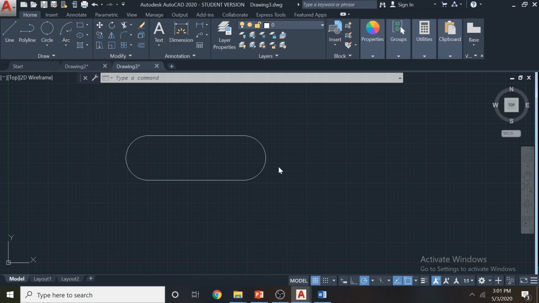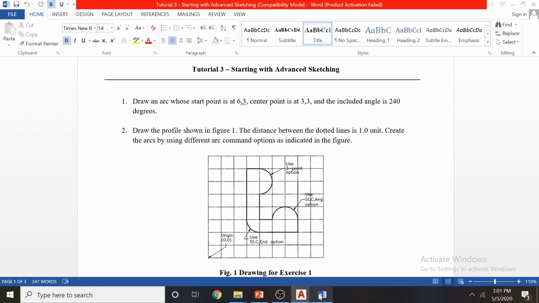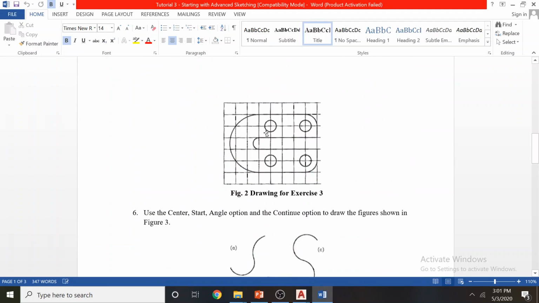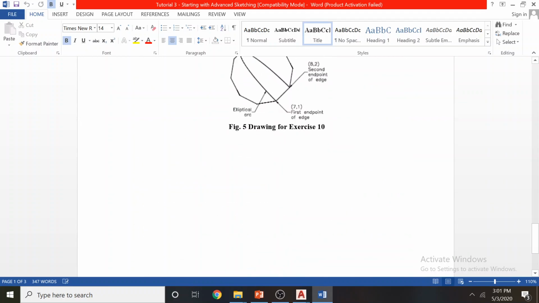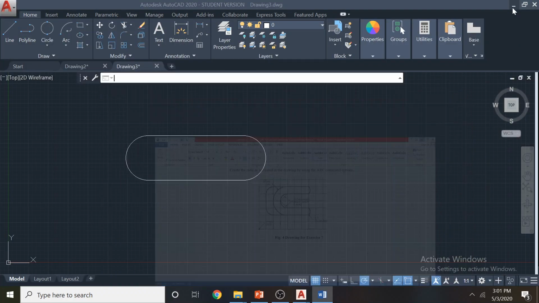Now next we look at the polygon and other tools. These tutorials I'll try to practice later.